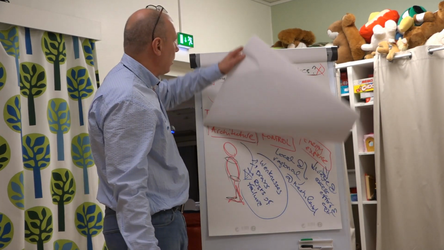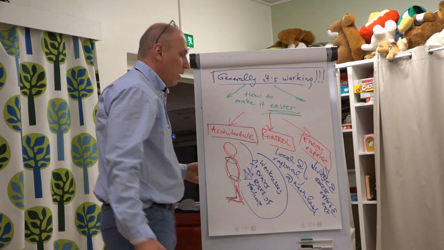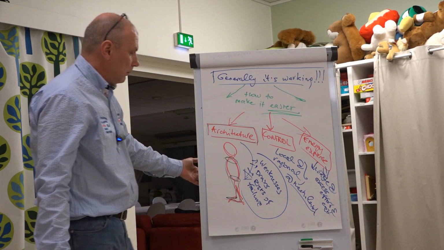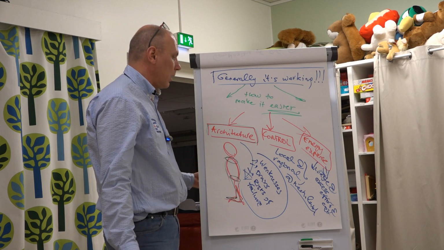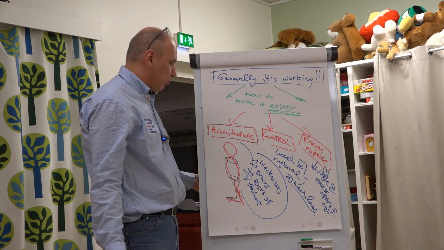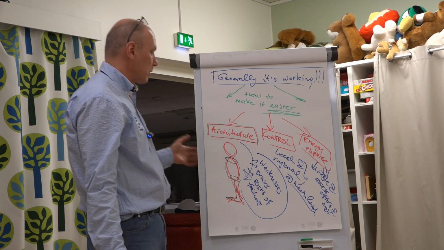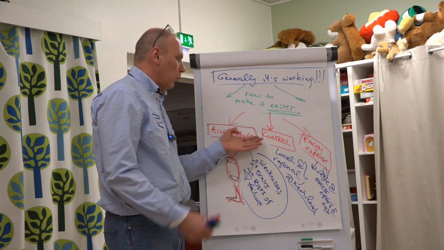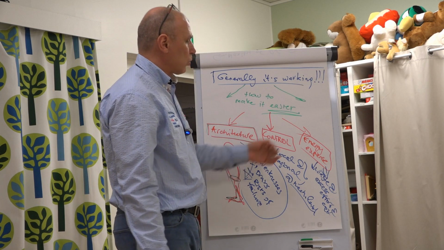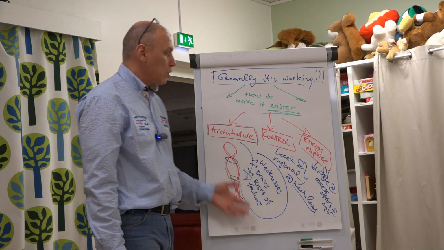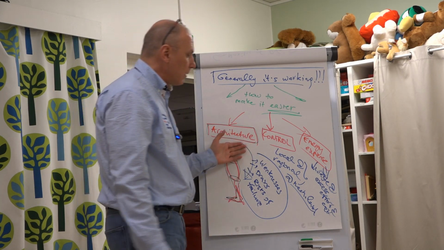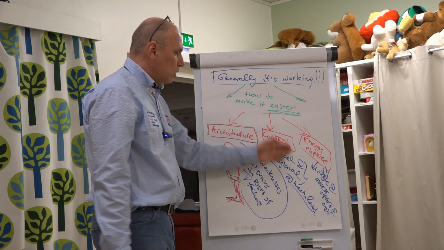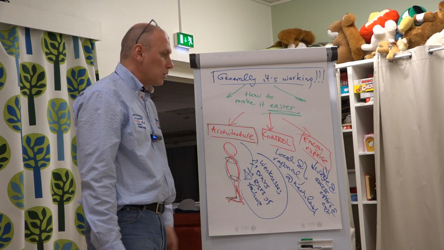Both of them are impossible. But at the same time, it doesn't mean that the whole thing is helpless. Because once we look at the architecture, the distributed controls, and the energy expense, we understand that all these things together link us towards the